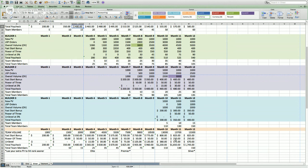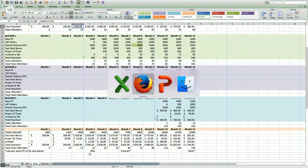Your unilevel bonus is gradually going up. Of course, it seems like nothing, and then it starts going up to where it's going to start passing up your fast start bonuses. Then your overall paycheck, the average for silver is $2,200 a month. So I'm conservative at $1,700 here, but you have over 150 people on your team, and you've reached silver within 12 months, premier within 7 months, elite within 4 months, because you had a builder that was helping with your volume. So let me switch back to the presentation